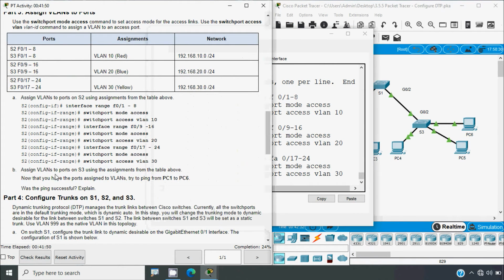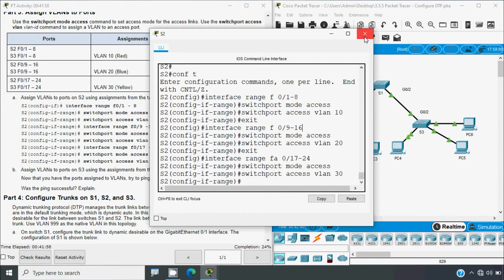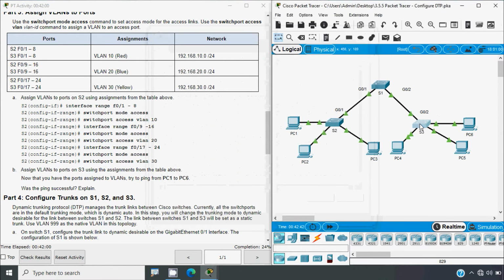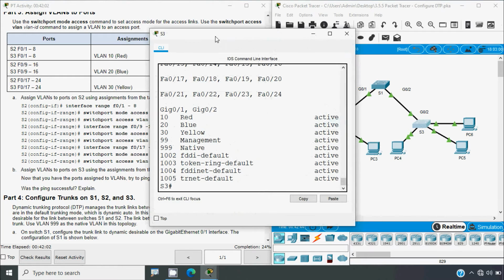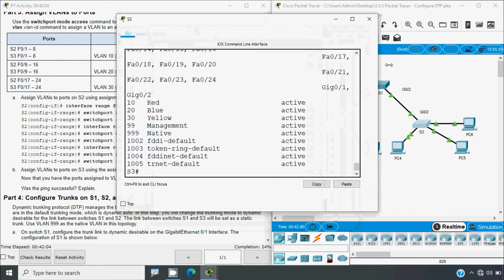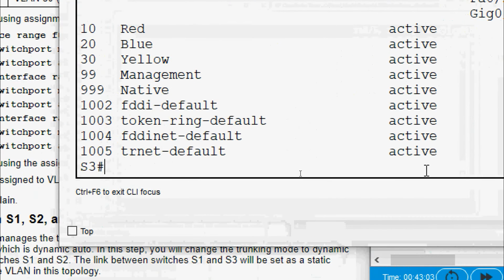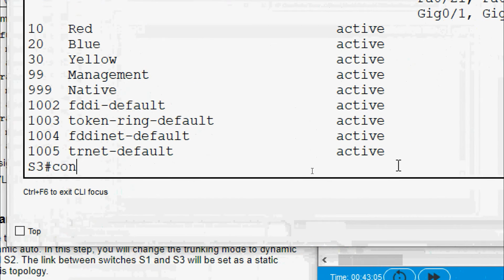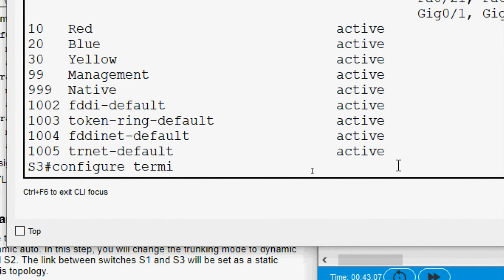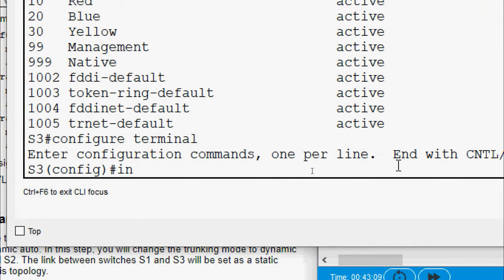Next is assign VLANs to ports on S3 using the assignments from the table above. Okay, in the same way we can assign these ports to the VLANs. So we will go to S3, then CLI. You will go to global configuration mode, configure terminal, then interface range,